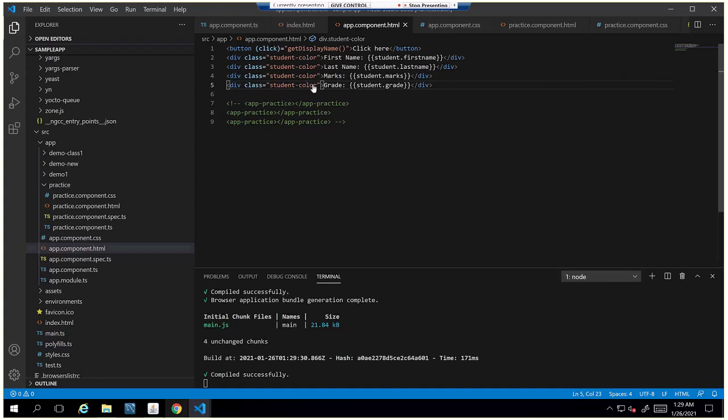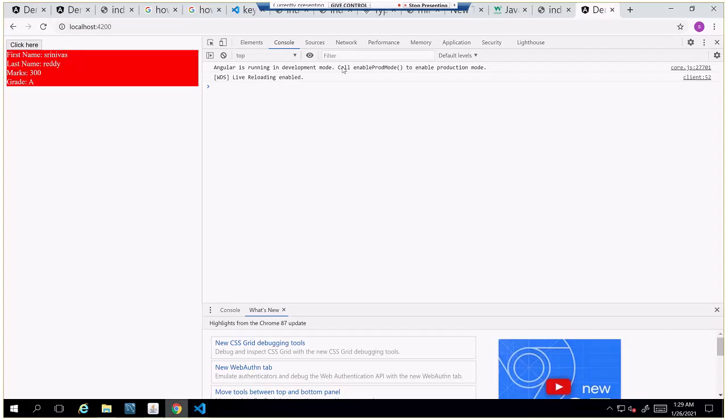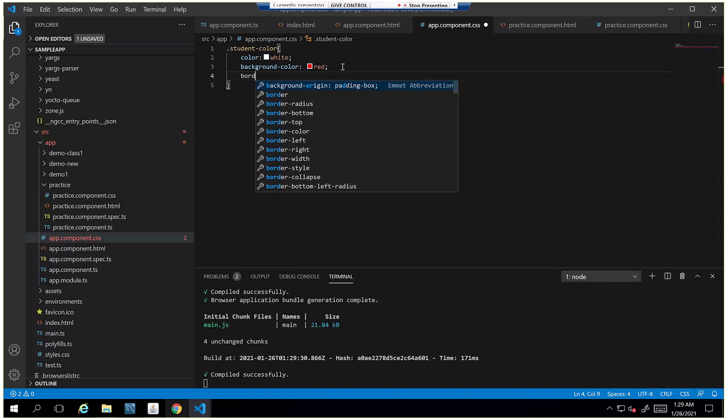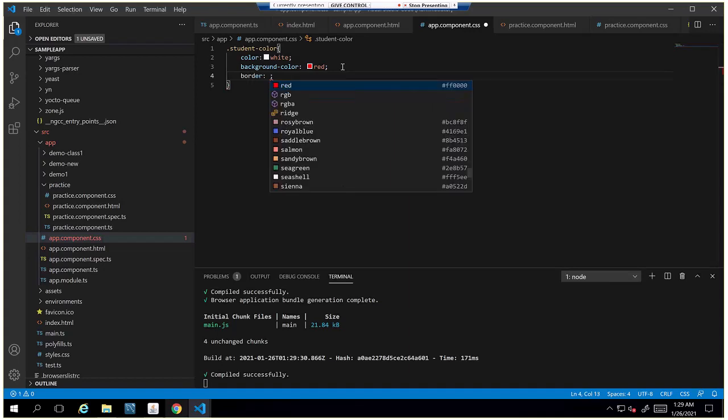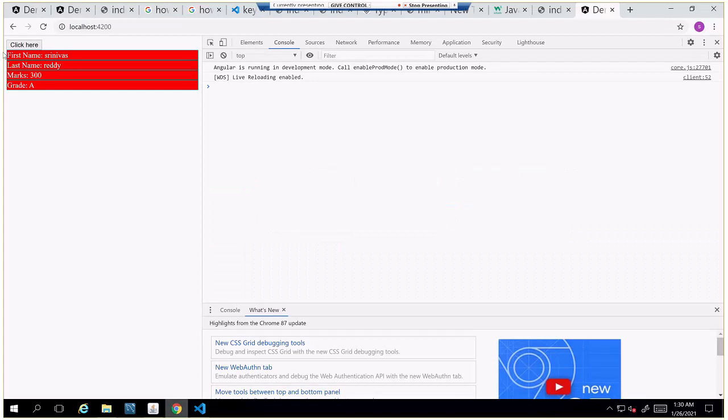And if I add any new style for this, like I want to add some border so that it will look fine, I'll create a border, border 1px. This is the syntax for that, solid, and I'll add some color to this. Border around that with solid means a very straight line, and then the color.